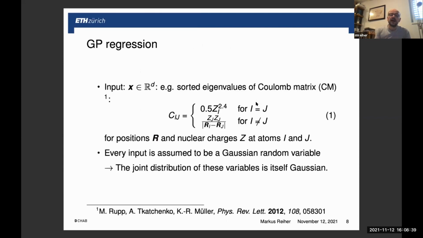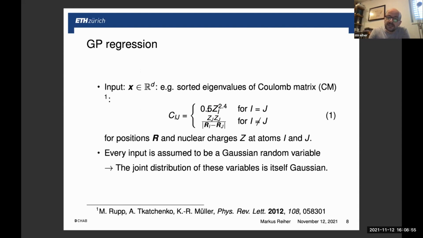Okay. What are these input variables? Well, what you could use, for instance, are the eigenvalues. This is one of the standard choices of the Coulomb matrix, right? The Coulomb matrix is defined here. It relates to the external potential, and in this respect, it has also a relation to the underlying electronic structure